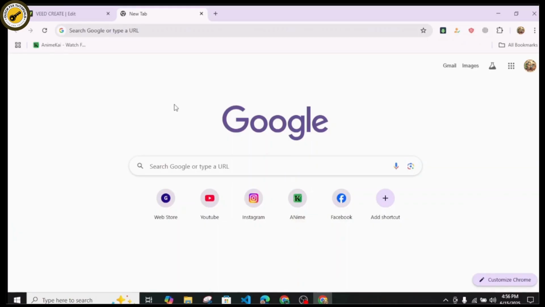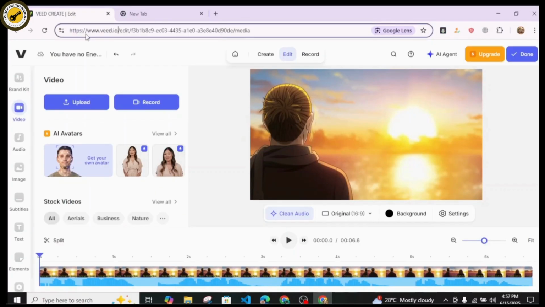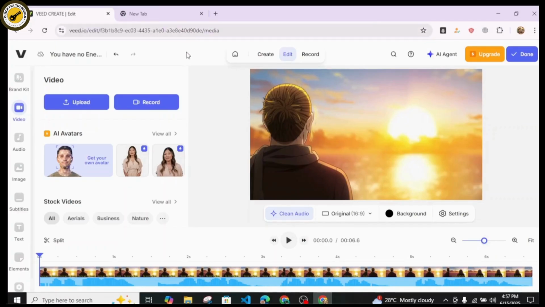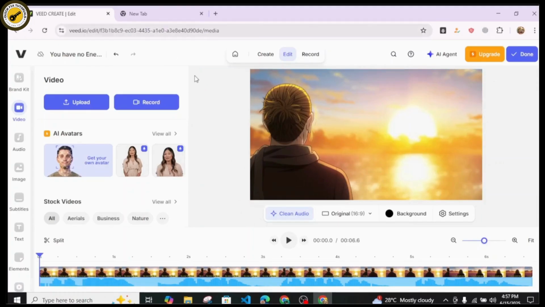In this quick tutorial, I'll be showing you how you can easily add subtitles to a particular video using AI. So in the name of AI, we are using v.io, which is great for editing videos using AI agent features. To simply add a subtitle, you just head over to the subtitle section after uploading a video on v.io. So first thing, head over to v.io and simply click on upload, get started with, and